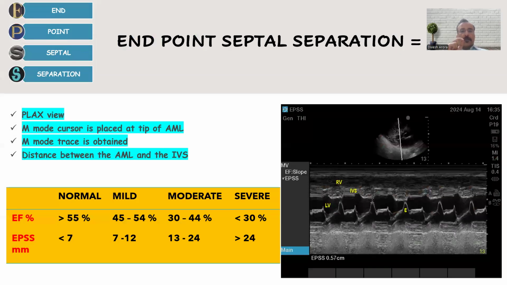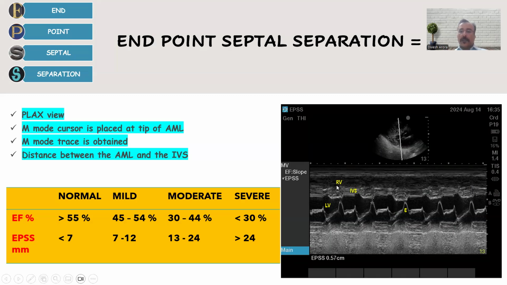Let's first understand endpoint septal separation. In order to measure endpoint septal separation, we need to get a good parasternal long axis view. Then we make use of the M mode cursor, as it can be seen in this ultrasound image. The M mode cursor is placed at the tip of the anterior mitral leaflet. Once it's rightly placed, we obtain an M mode trace, and in the M mode trace, we have to identify the following